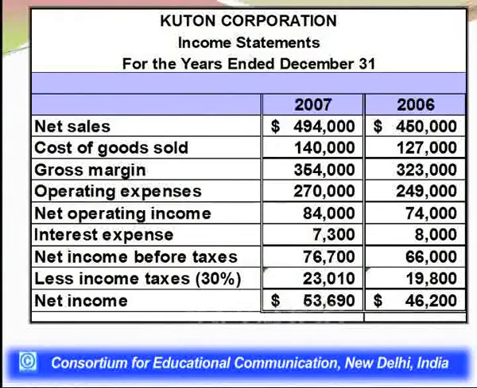But this is not enough. We cannot conclude, even though this particular ratio is giving you a very good value, 71.65%. Even then, we can't say that this is a very good ratio. Your company is doing very well when it comes to return on sales, because we have yet to observe the working of the company, or the results of the company in terms of its operating profit ratio